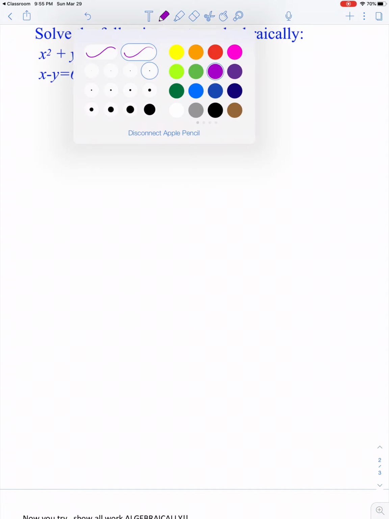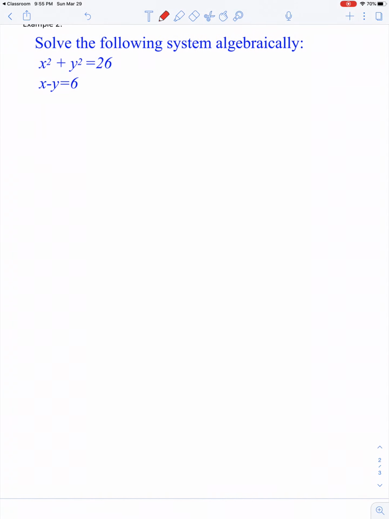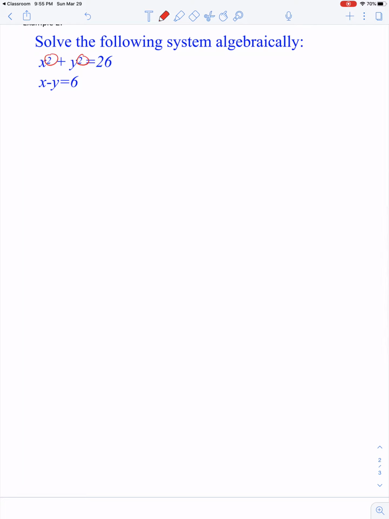Okay, this next system is a little trickier because, again, x and y are both squared, making it a circle, and we have a linear equation, but it doesn't tell us what x is equal to or what y is equal to. So your first step here is going to be to get either x or y by itself in that linear equation. So if I add y to both sides, I now have x by itself, because the negative y plus y will cancel,